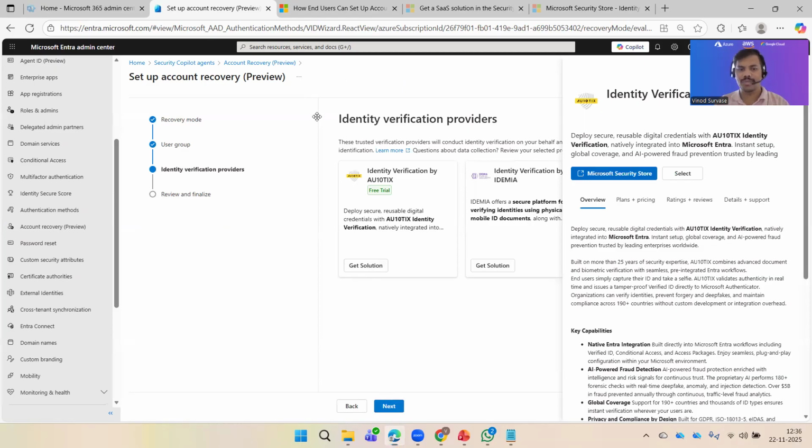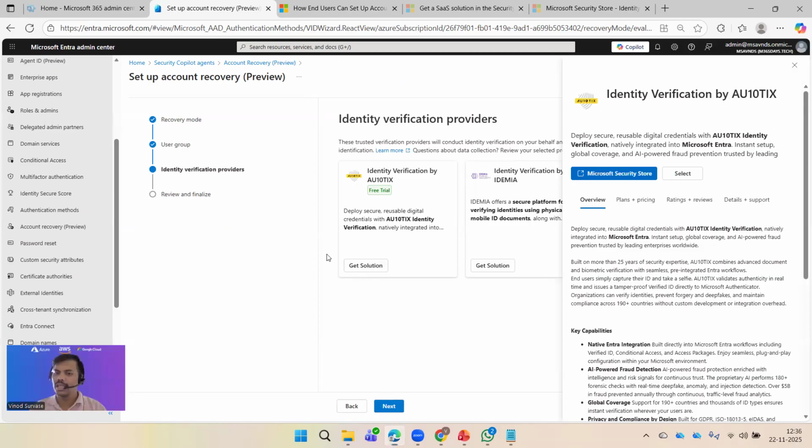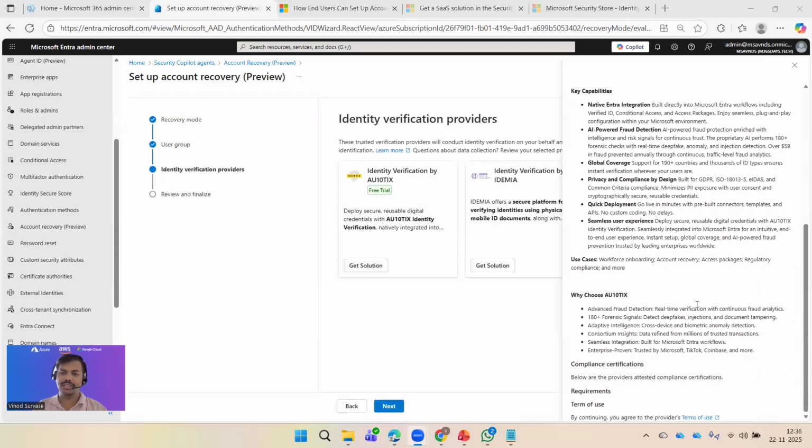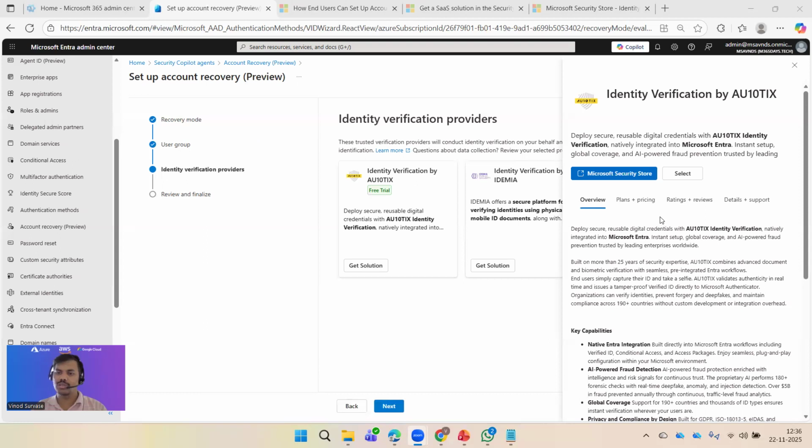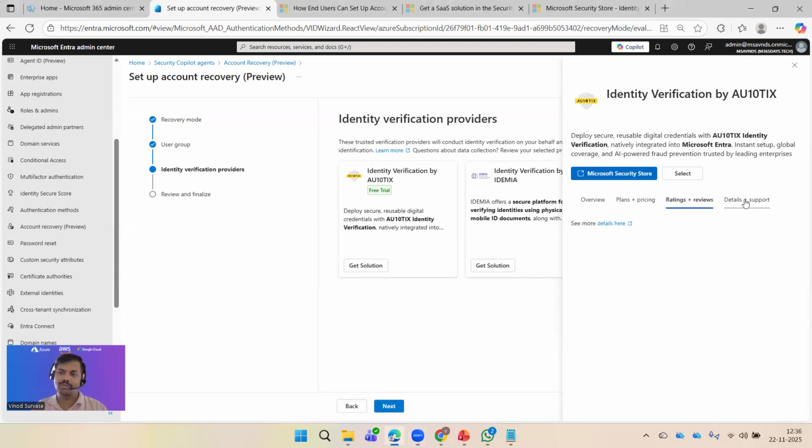pop-up over here and going to give you a bit of details so that you can go ahead and understand it in a better way. What is included, what are the capabilities. I choose this solution, and from there, the security compliance certifications requirements and what are the terms of use. Along with that, you can see the plans and pricing, ratings and reviews and details plus support if they are providing any. And when you want to select and use that one, you can click on Microsoft Security Store, which